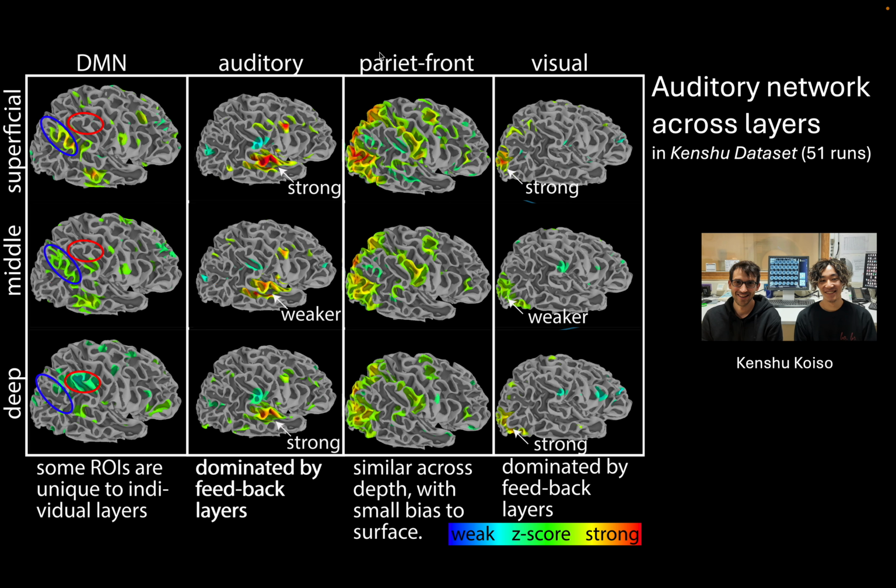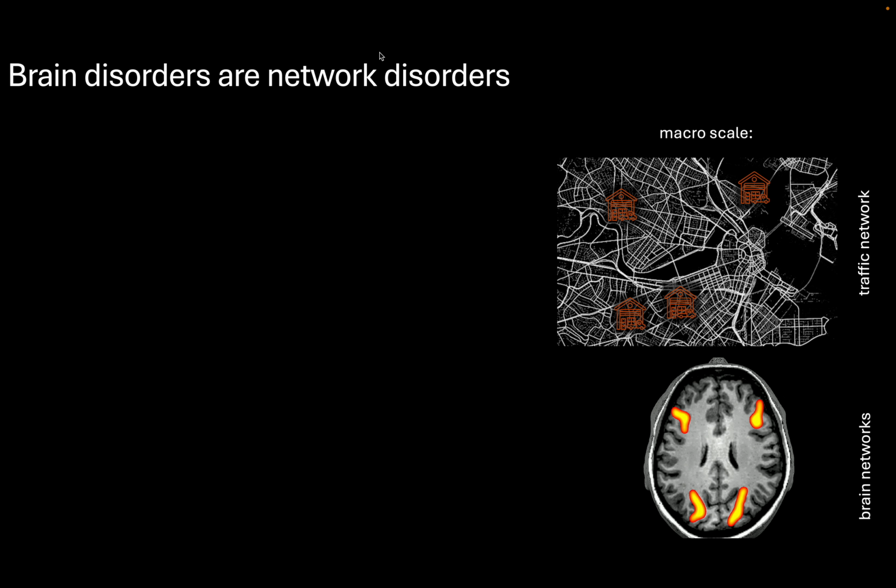Because ultimately, psychiatry and most psychiatric disorders are network disorders, because ultimately the brain is a network organ, right? And I would like to explain this with this little metaphor of a street network. Conventional resolution fMRI is very, very good at seeing networks, and it's also quite good at seeing these macro scale networks when they are disrupted. However, what fMRI is very, very bad at is understanding the mechanism, understanding why in this very specific patient the